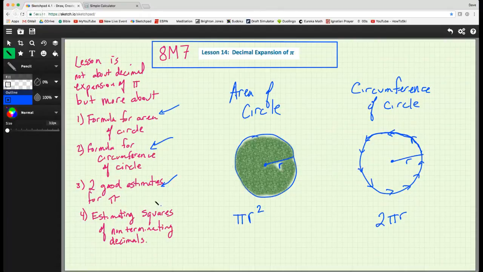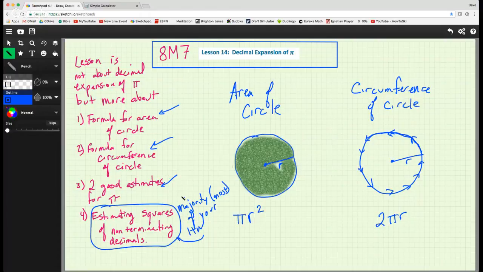And then we're going to do a seemingly totally different thing. This is most of your homework, or the majority, which means most of your homework is right here in estimating squares of non-terminating decimals. This is something that builds on some stuff we've learned so far, so we will make sure that we cover this really well. So let's start off though, and let's just remind ourselves the area of a circle and the